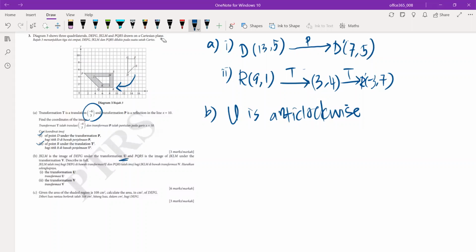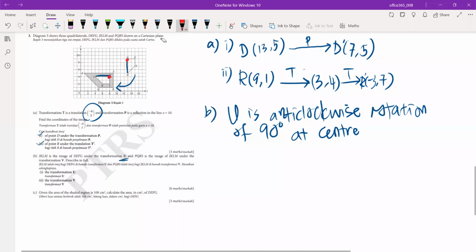Anti-clockwise. Okay, putaran arah lawan jam, of 90 degree because you see the L shape here. At center, where's the center? Okay, you have to take a point and a point, corresponding point. Hey, clockwise. Ayo, luckily your friend saw. Clockwise. This way, man, huh?